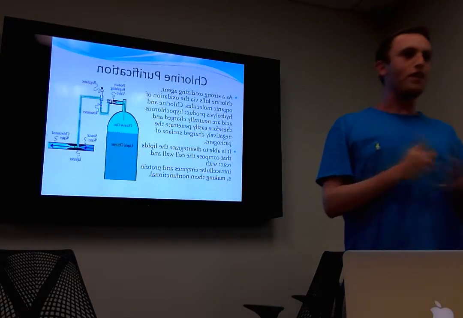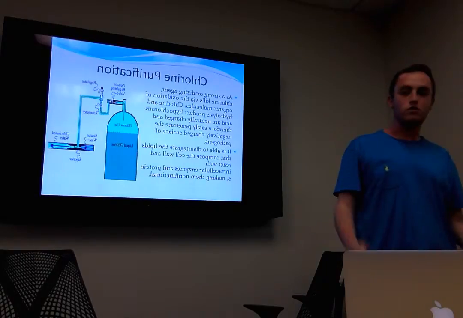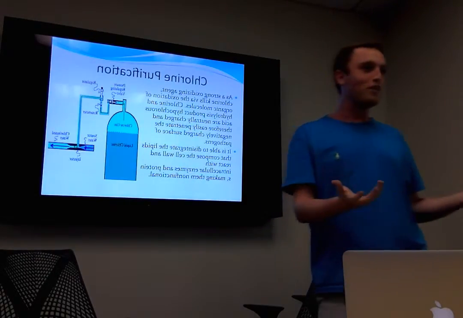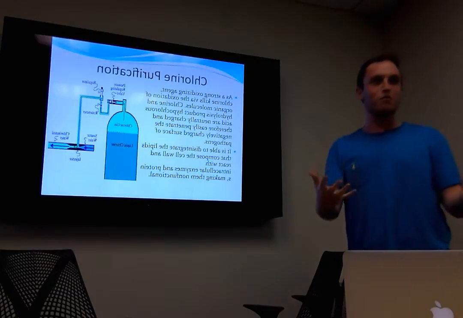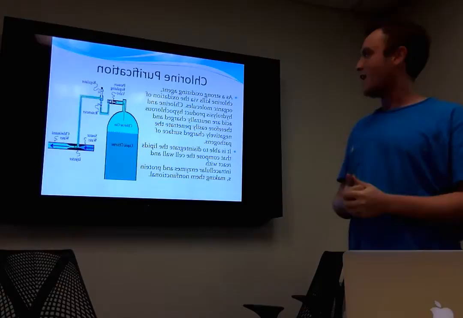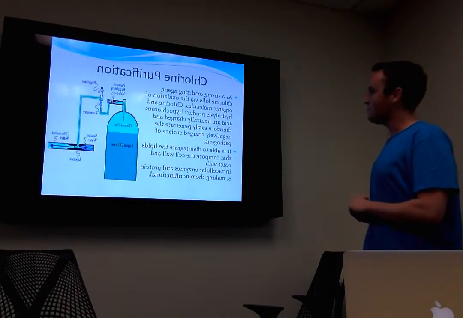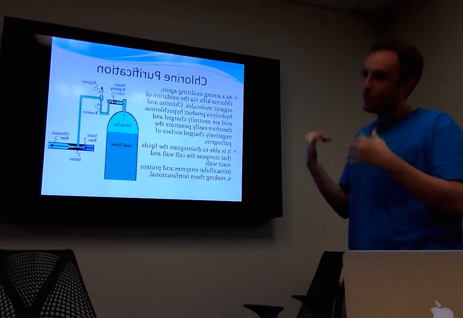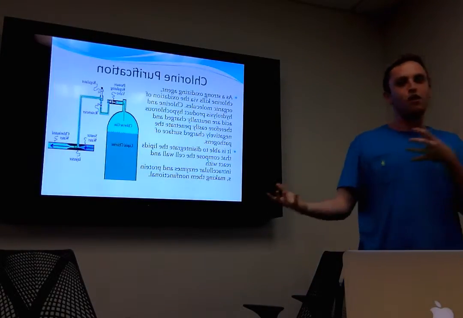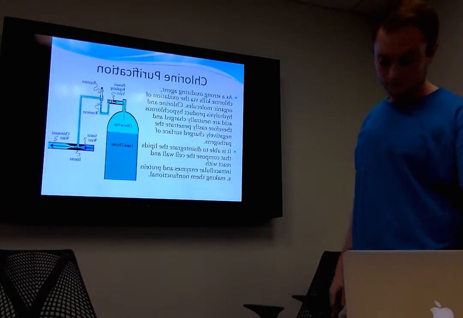And you can get chlorine tablets to drink water out of rivers. It doesn't really taste good. You don't see chlorine everywhere because it's not that safe for regular people to handle. If you don't know what you're doing with it, it's very toxic. You can't drink that stuff. So somewhat dangerous, and not as favored as the other ones. But it's also much more portable. You can't bring a distillation column with you, but you can bring a chlorine tablet. So there are different uses for different things.